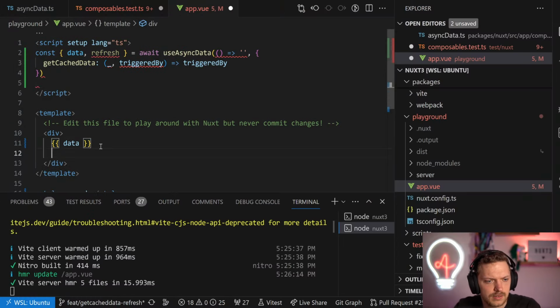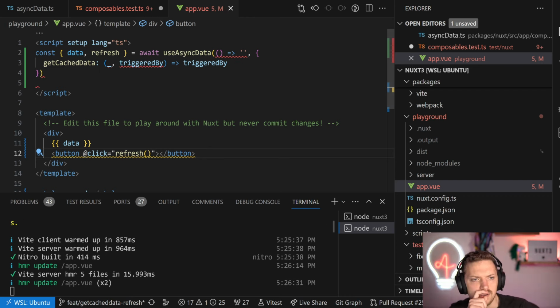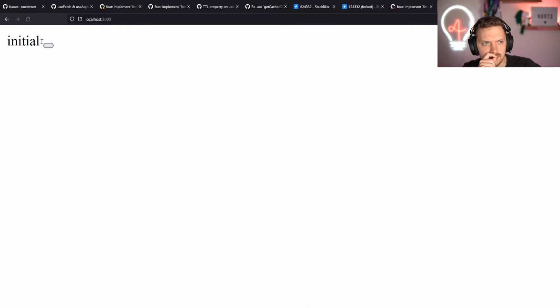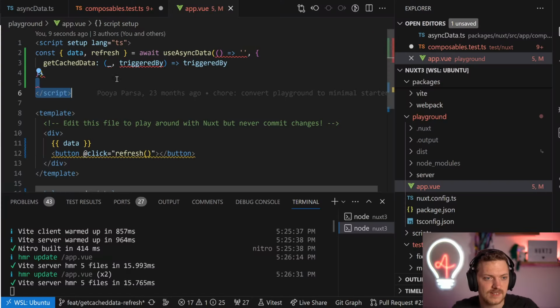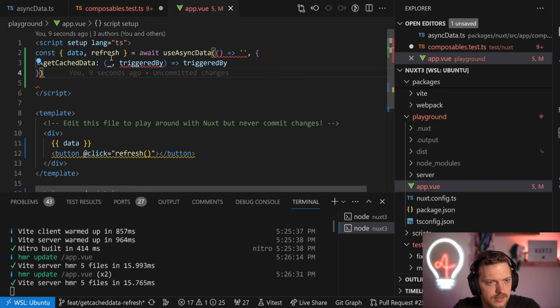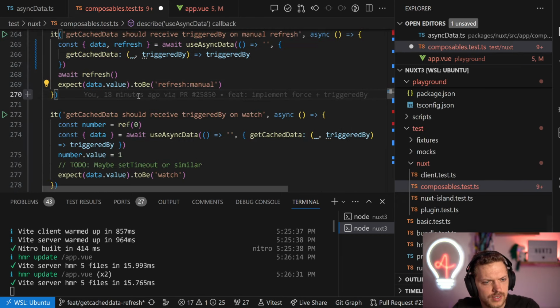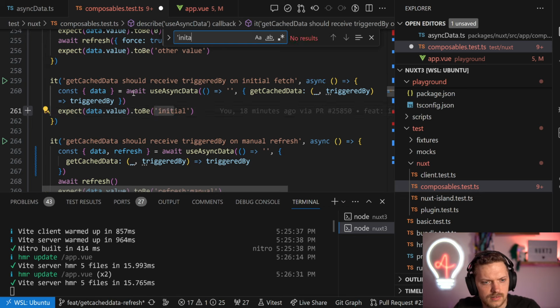But if I have a button, maybe it's just also a next tick thing. Calling refresh here. What will happen now? No. Oh, it doesn't work at all. Okay. Good that we have tests that caught that. So why not? Because we always override it, I think. And it says initial, so